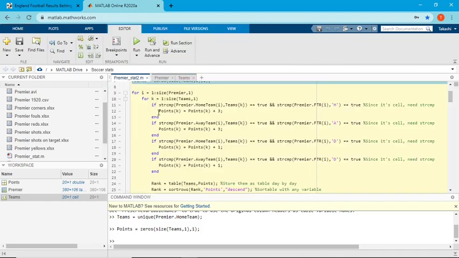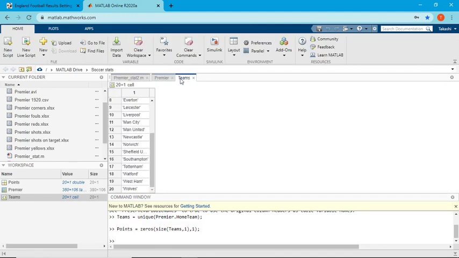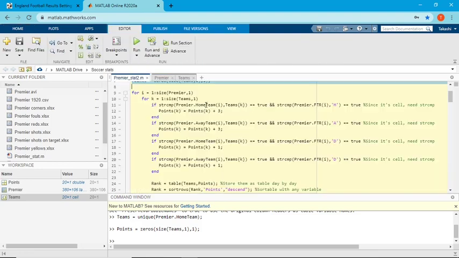Then the second loop goes from Arsenal to Wolves to find Liverpool. Arsenal, not Liverpool; Aston Villa, no; no; no; no; and then it finds Liverpool in the 10th index. If it's found, then this if statement is satisfied, but there is another statement and another function,